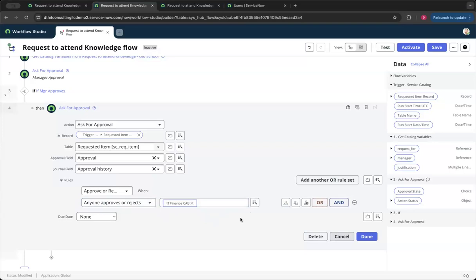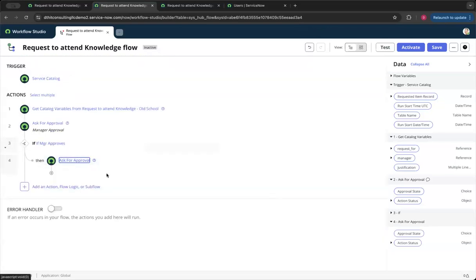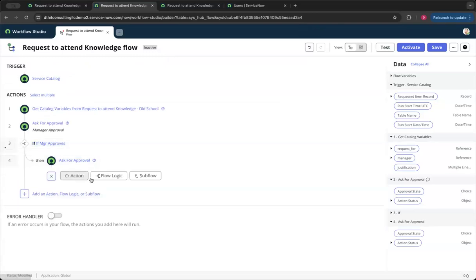Hey, I want to go to Knowledge 25. My boss needs to approve. Next, finance needs to say we have budget in our training budget. They're going to approve. Then we're good. Okay. So after these two, so again, right? What's the next thing? So if the manager approves, now if again,